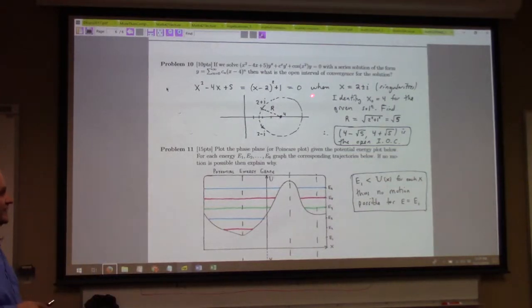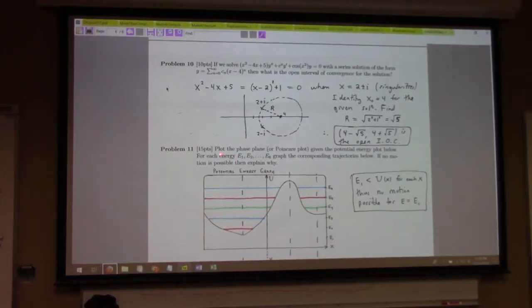Now, I don't know what happens at the endpoints. That's anybody's guess, of course, but the open interval of convergence we can calculate just from this nearest singularity theorem. I often test on this, and I'm often depressed when I grade it. Anyway,